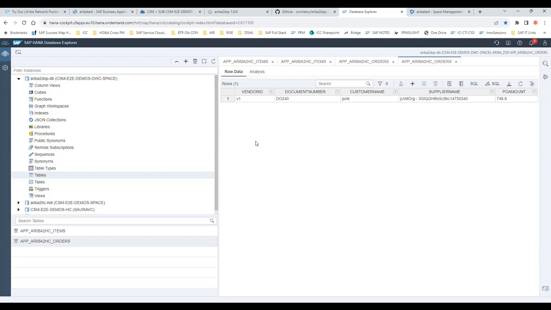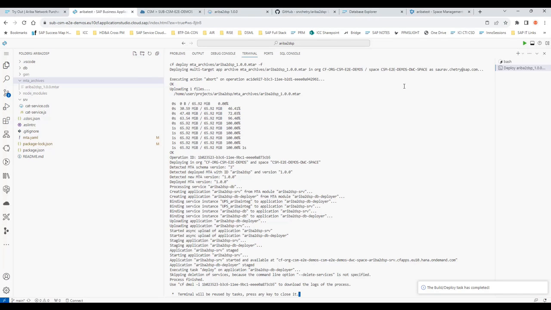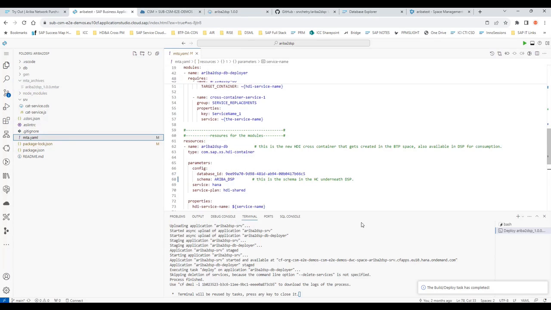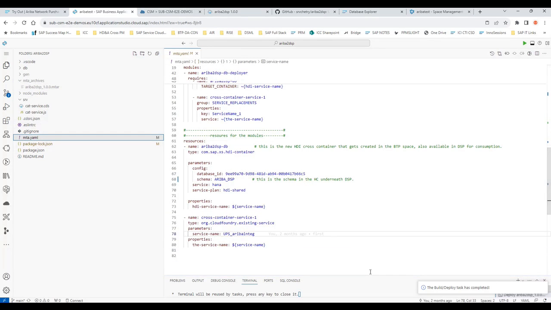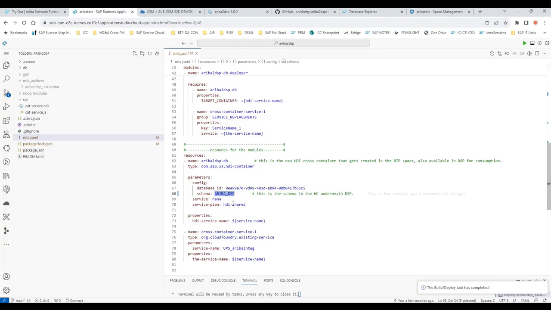Now the next step would be to model the data just like before in Datasphere, like creating a graphical view. But before that, we have to connect the HDI container to the Datasphere space. That is what I'm going to demonstrate now. Let's first take into account the MTA YAML file and look for the schema Ariba DSP. So this would be available as an HDI container in my